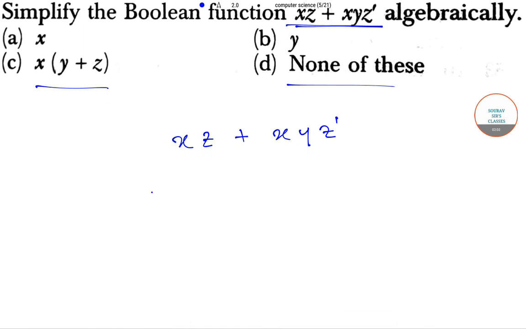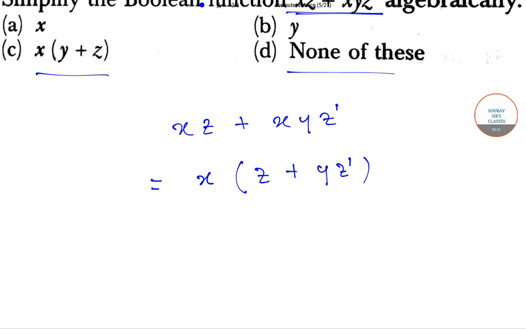So from here we can write in the next step x whole into z plus yz dash, right? So from here we can also write it as x whole into z plus y into z plus